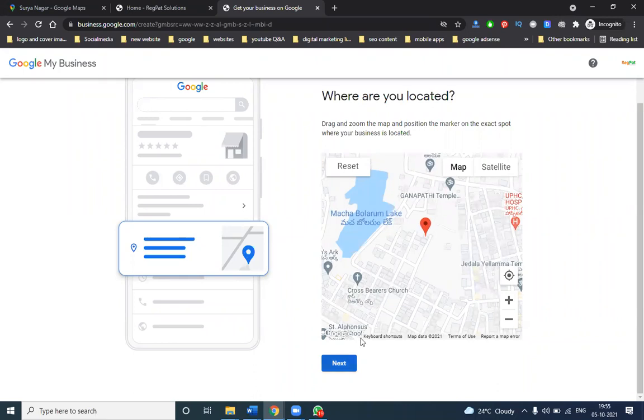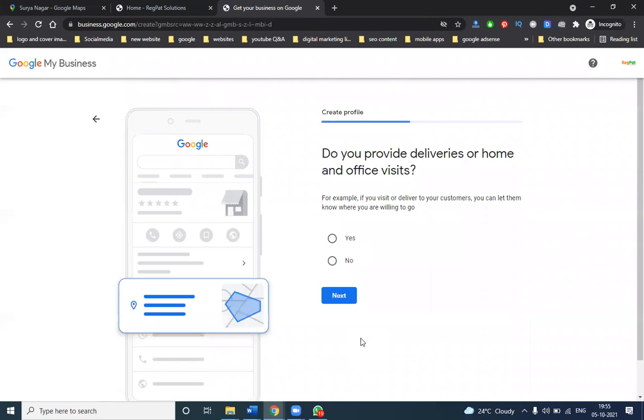People ask one question about Google Map location: with website or without website. We can create it in two ways, with a website and without a website. Phone number will be mandatory, so people can reach the business. If anybody asks, can you reach your Google My Business through calls also? Yes, calls are the first preference. Next is the website preference. Do you offer delivery, or a home or office visit? Yes, you can visit our office. Why? Because the major reason for a Google Map location is office visit purposes. Click yes and next.